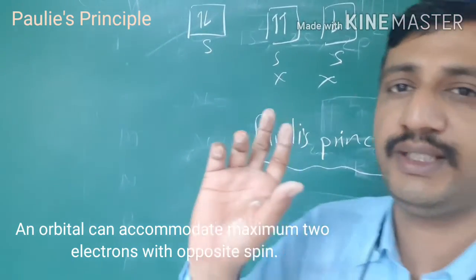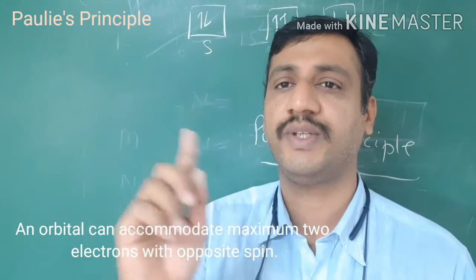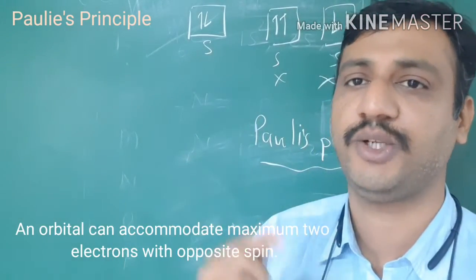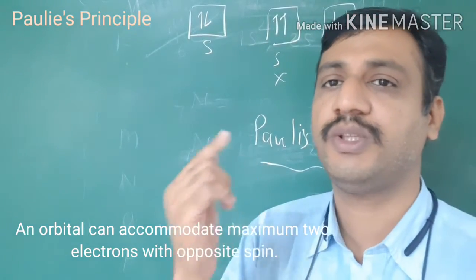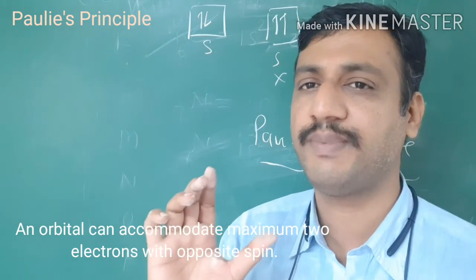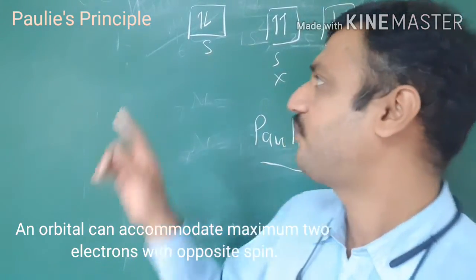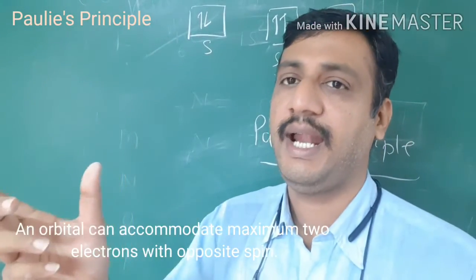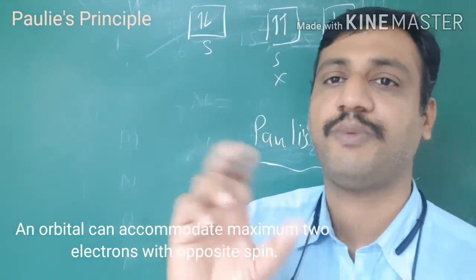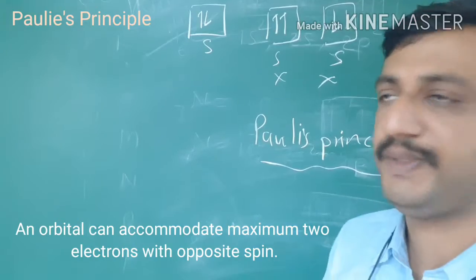Spin means what? Say in cricket we say off spin, leg spin. Like this, electrons are also revolving around themselves, and that direction determines the spin of the electron. So in an orbital, both electrons do not have an identical spin, isn't it? If both electrons had it, what happens? A magnetic field is created by the electron. So the first electron creates its magnetic field, and an equal and opposite magnetic field is created by the other electron because of its opposite spin. So that's why each orbital can accommodate a maximum of 2 electrons with opposite spin.